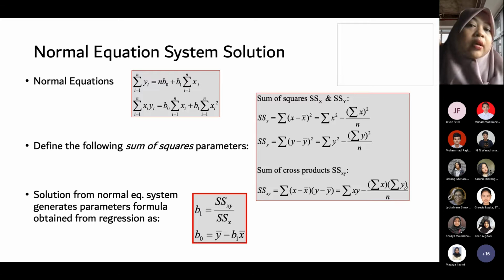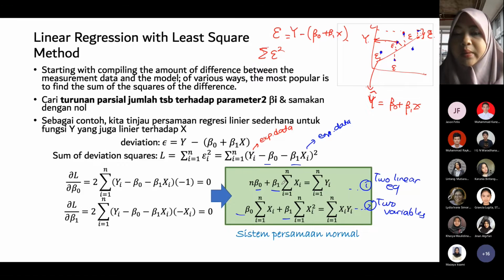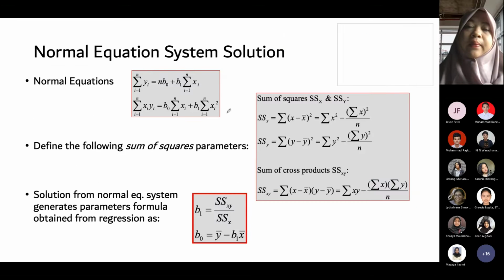So we may want to put the formula on the exam sheet. From this, to get beta 0 and beta 1, based on some derivation, we can get B1 as the sum of square of xy divided by the sum of square of x, while B0 equals y average minus B1 times x average. Even though you have Excel now, where you can click once or twice,